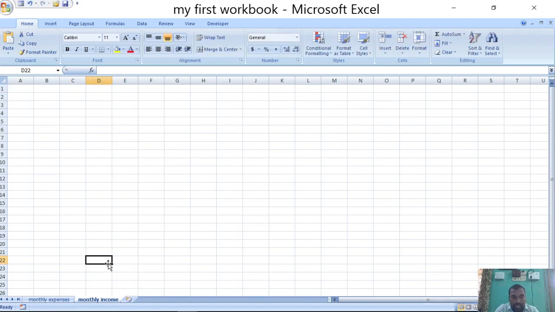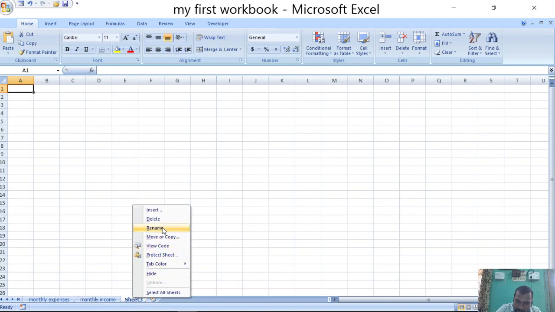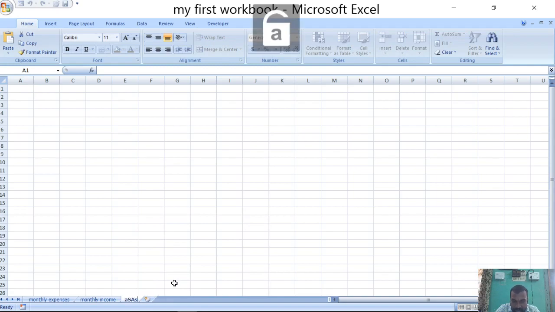So how can the renaming process be done? Just double click on the sheet name and modify the name with any meaningful name conveniently. For example, sheet 3. Now I want to change this sheet 3 to priorities. So what do I need to do? Just right click on the sheet name and choose the rename option and give the name, or else double click on the sheet name and give the name priorities.